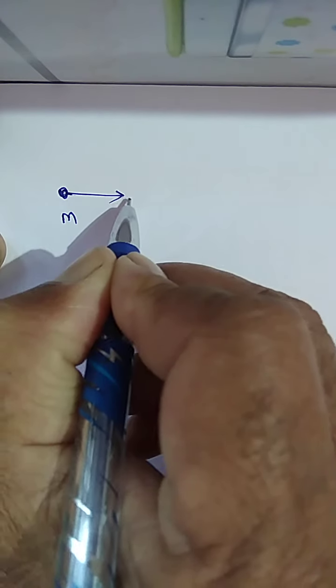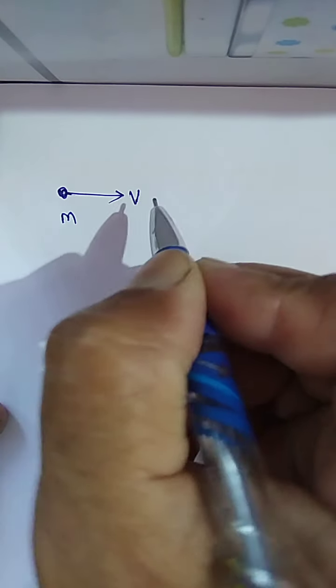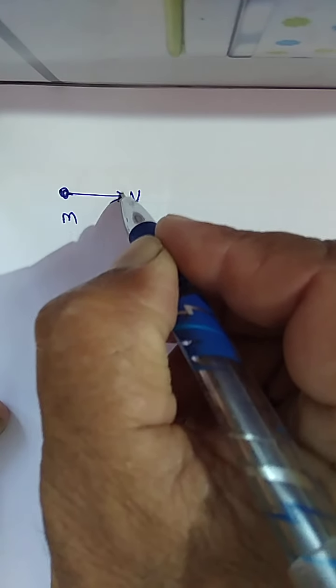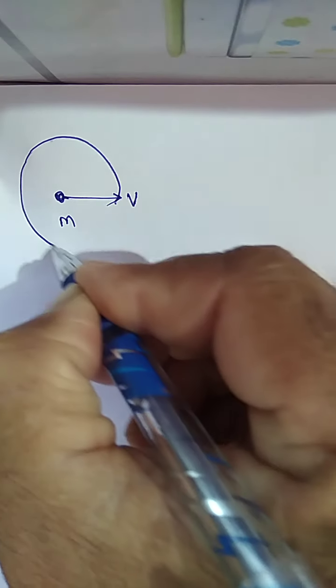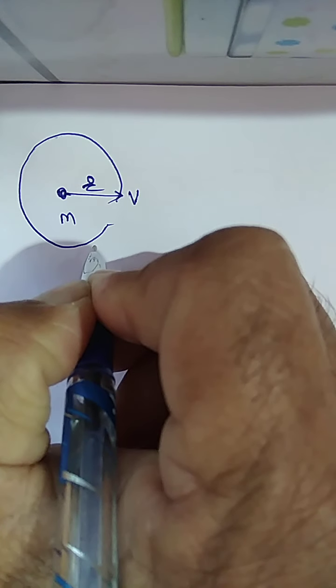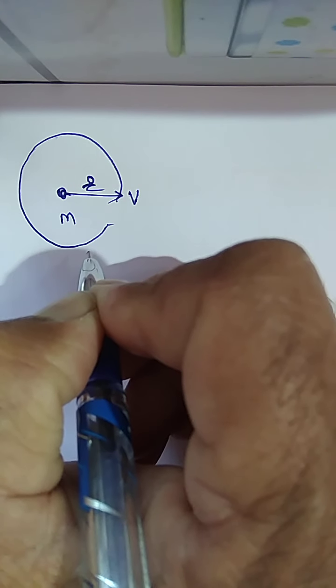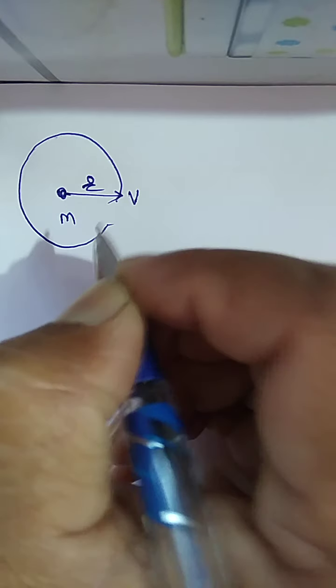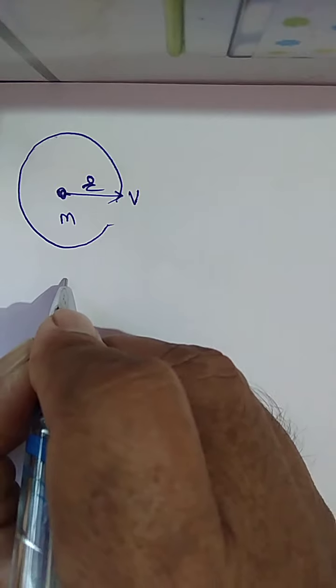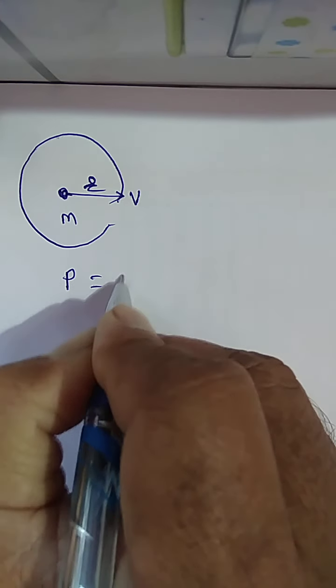Consider a particle of mass m moving with velocity v along a curved path with radius vector r. Then its linear momentum is p equal to m into v,